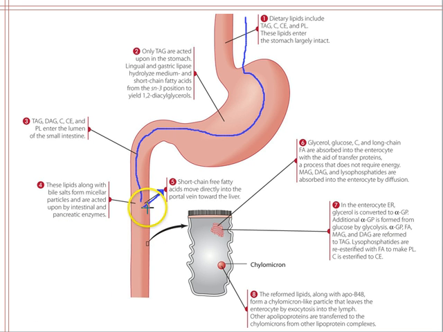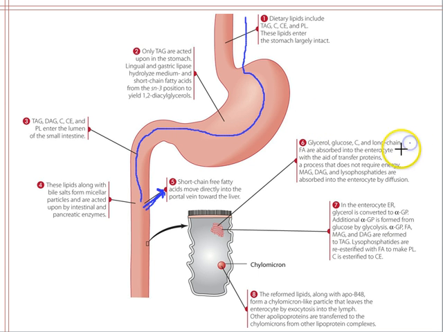If it's a short chain fatty acid, it can actually go directly into the portal vein and toward the liver. And this is important because we hear about both short chain fatty acids and medium chain triglycerides, or medium chain fatty acids, that are absorbed differently. And sometimes they're used in patients who have fat malabsorption issues. This is the reason for that, because they take less processing in order to get into circulation. So those short and to some extent medium chain fatty acids can move more directly into the liver,